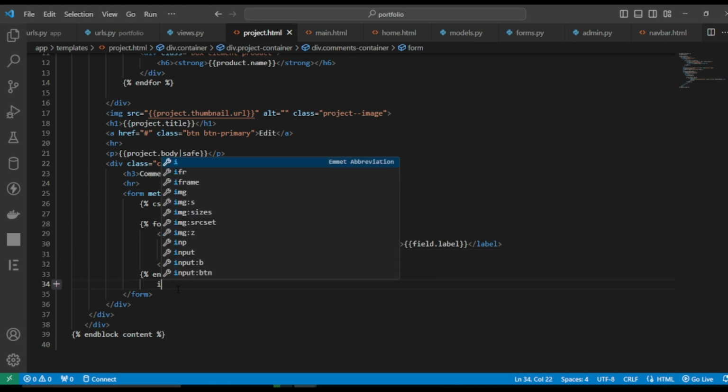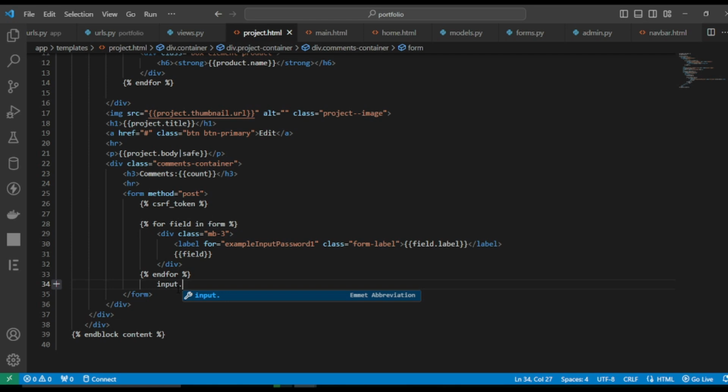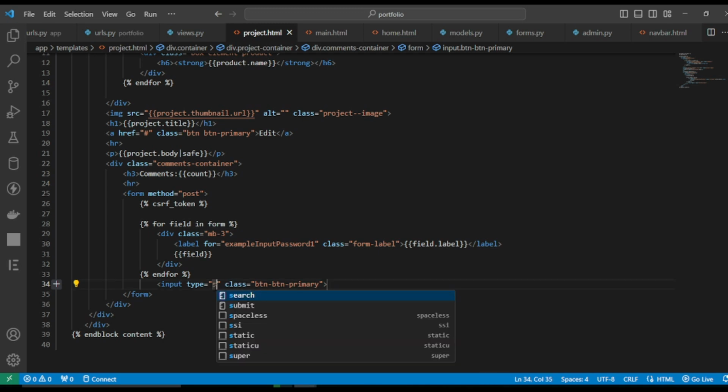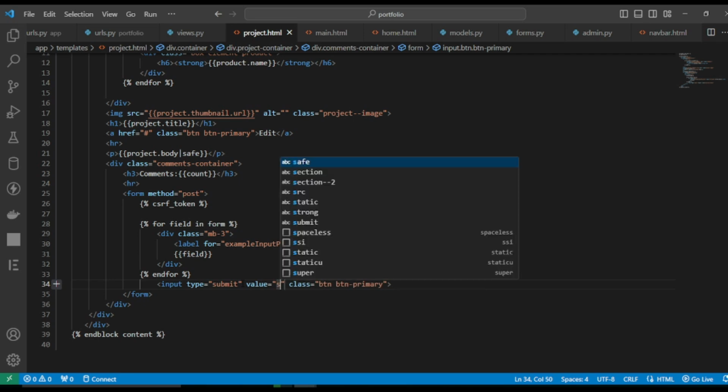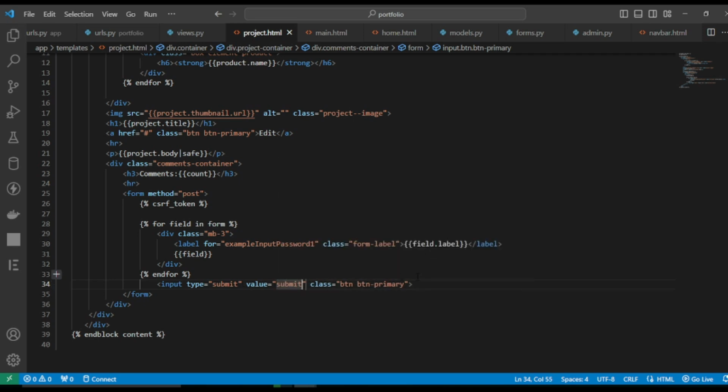For this input element, we can format this one, type is submit, and class attribute btn btn-primary, and we can give a value for this one. This value is submit. And this input element just defines the form,